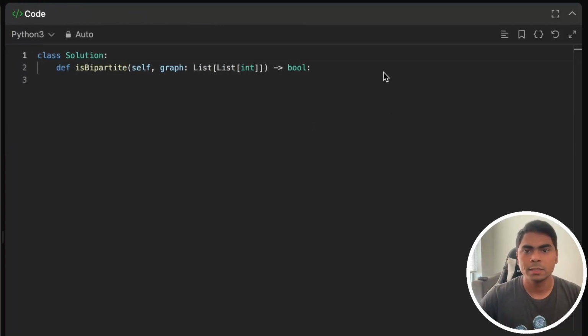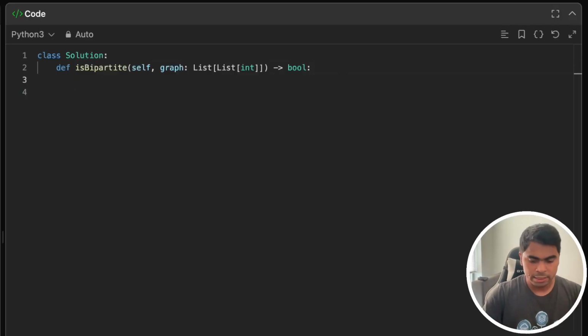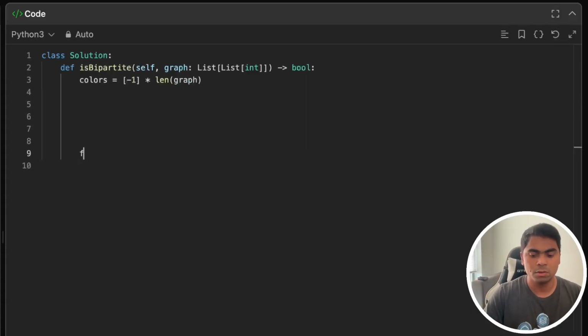You can see it nicely. So I'll just have a colors array, initially everything -1, of length graph. Then what I'll do is basically visit all the nodes. So for node in graph, or maybe range graph,